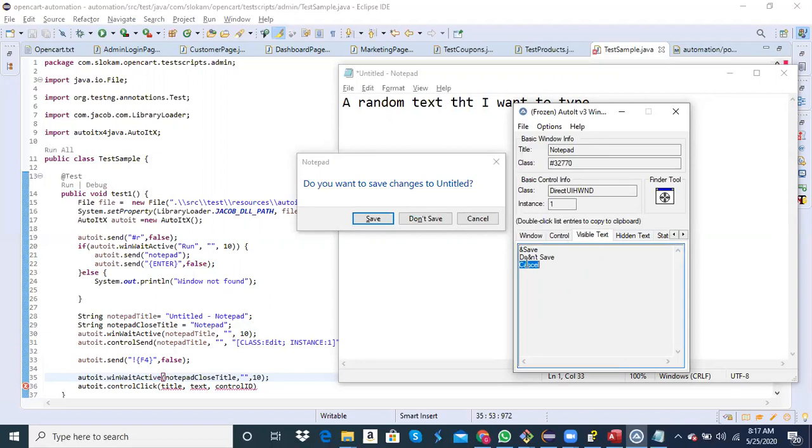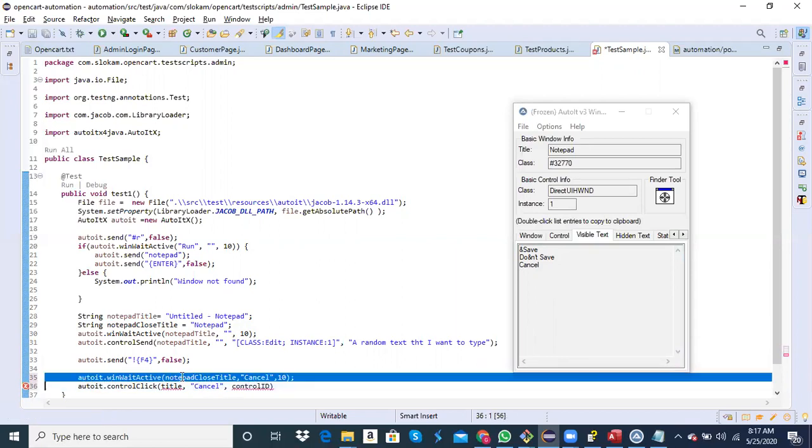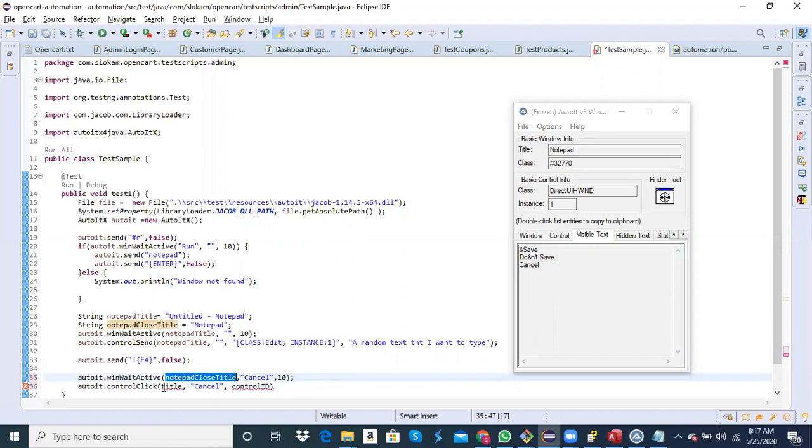I can use any one of the text we have. Cancel. I can use cancel here. So the same text can be used here, and the same title can be used here, and then the control ID we have to provide to perform the operation.